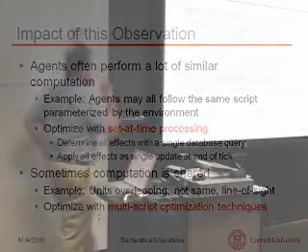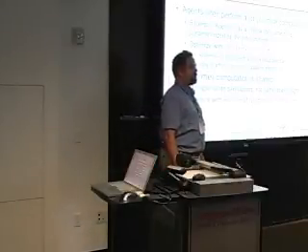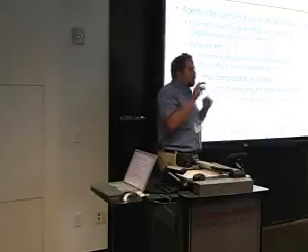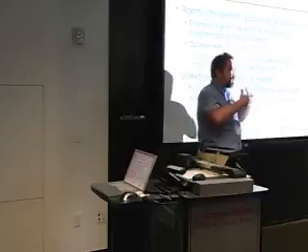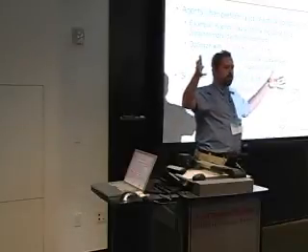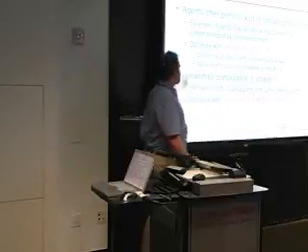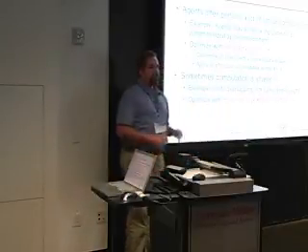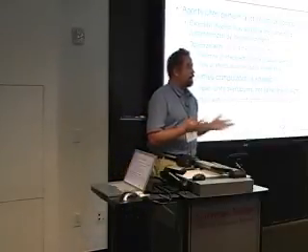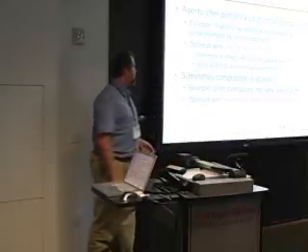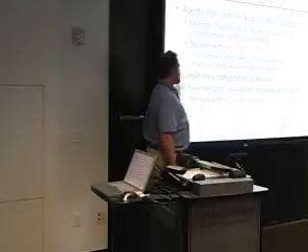Now, by the way, some impacts of this observation: agents often perform a lot of similar computation, right? You've wired them to have roughly similar brains, and the only thing that differs in the agents is their observation of the environment around them, right? What matters is the data, not the computation itself. Well, if that's the case, maybe I should be able to share computation, to cut down a whole bunch of redundant processing. That'd be great if I could do that, right? Sometimes that's really easy to do. Sometimes it's a little more subtle.